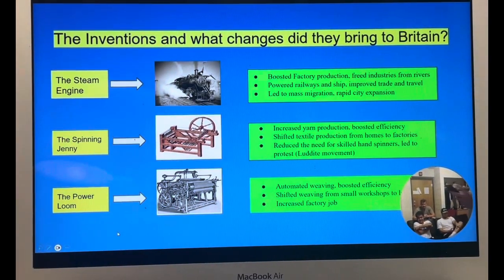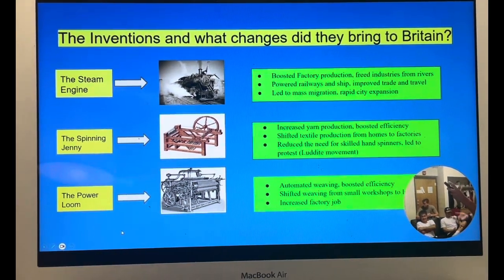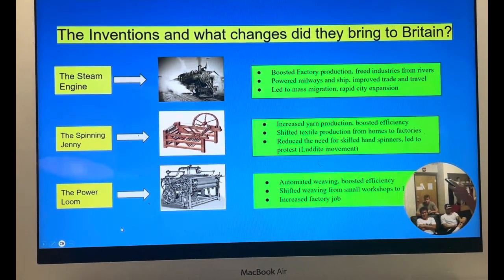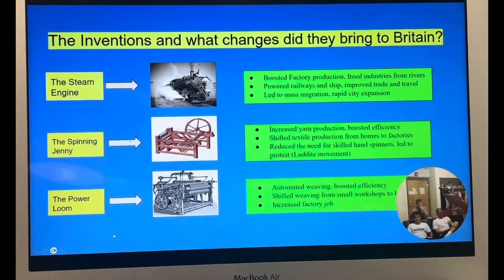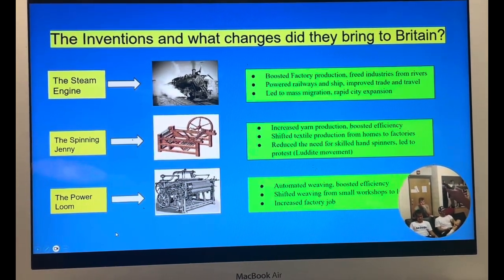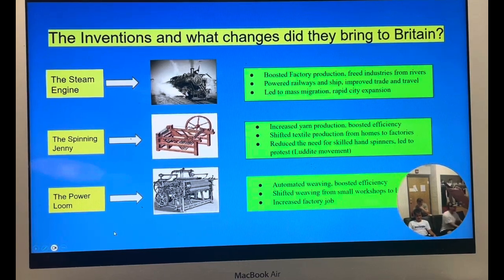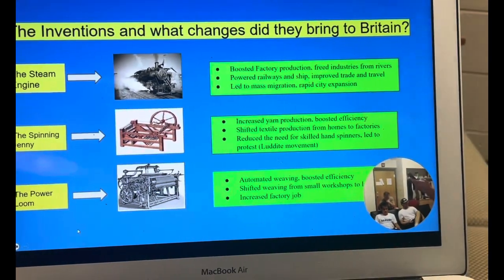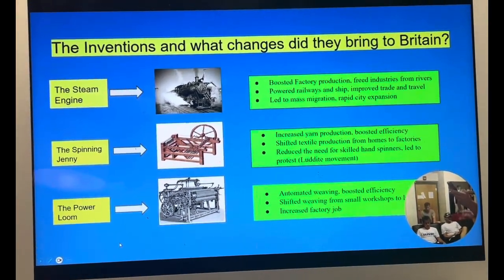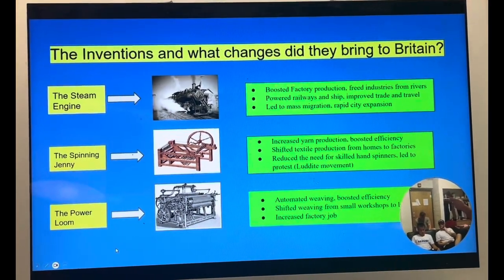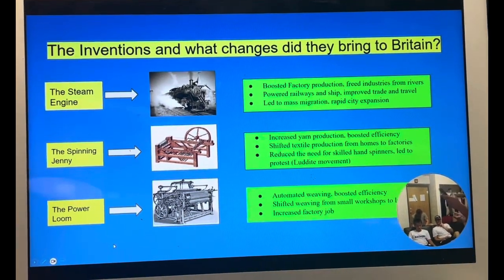So the inventions, and what changes did they bring to Britain? The steam engine boosted factory production and freed industry from rivers, and then there was the spinning jenny, which increased yarn production, boosted efficiency, and shifted textile production from homes to factories. And then the power loom, which automated weaving, boosted efficiency, and shifted weaving from small workshops to large factories